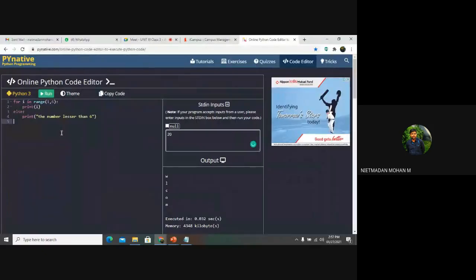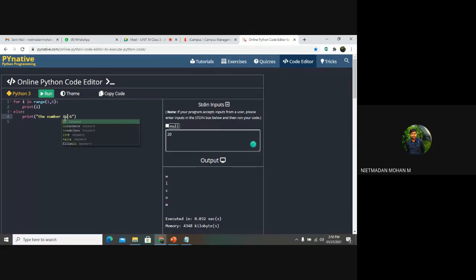You can tell me what is happening in those examples. Once you see the output, you can tell me what is happening.